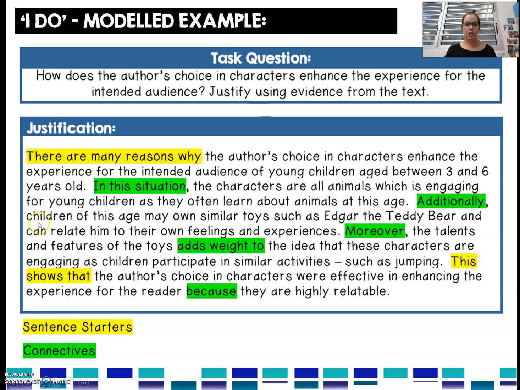Additionally, children of this age may own similar toys such as Edgar the teddy bear and can relate him to their own feelings and experiences. Moreover, the talents and features of the toys adds weight to the idea that these characters are engaging as children participate in similar activities such as jumping. This shows that the author's choice in characters were effective in enhancing the experience for the reader because they are